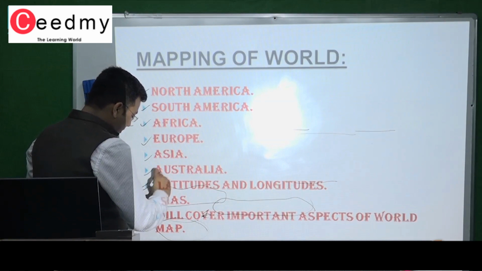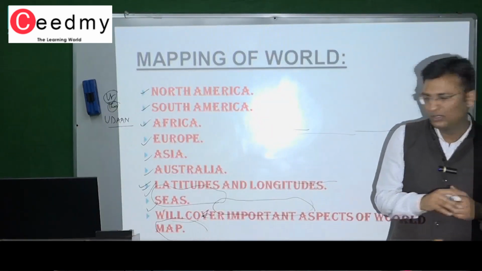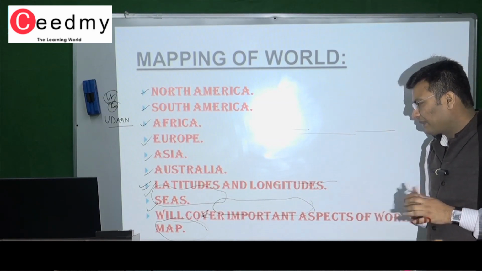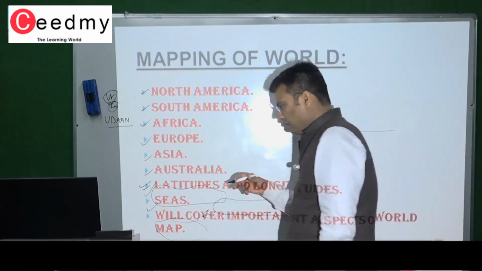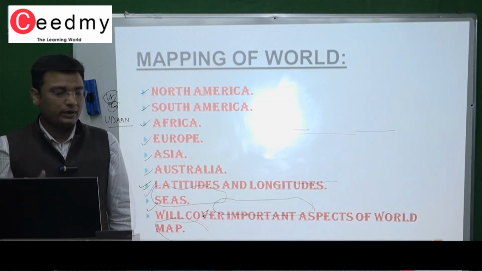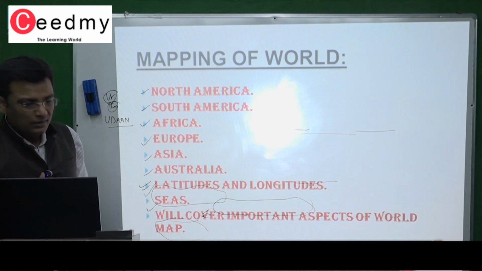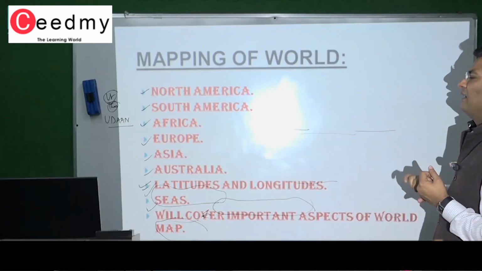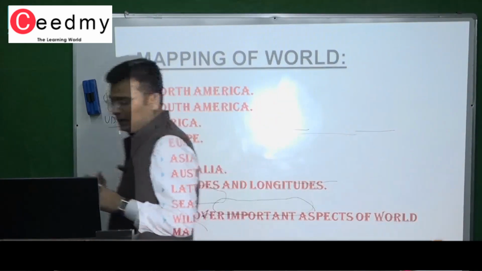Then I will take some latitudes and longitudes, like which of the following countries lie on the Tropic of Cancer, which of the following lakes lie on the Tropic of Cancer, the rivers which cut the Tropic of Cancer two times, the Tropic of Capricorn two times, the peaks which lie on, for example, the equator. I will cover important aspects of the world map also, like the oil and gas reserves in the Arctic Sea, the reserves near Antarctica, etc. So I will cover these things in mapping of